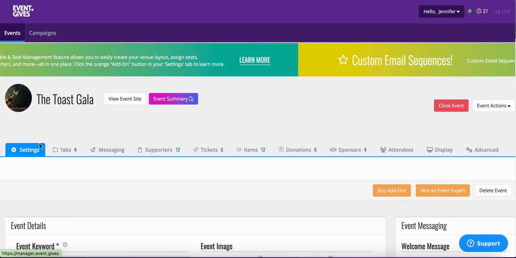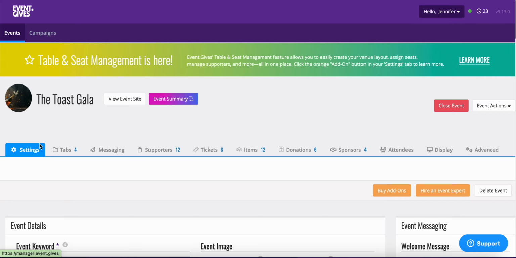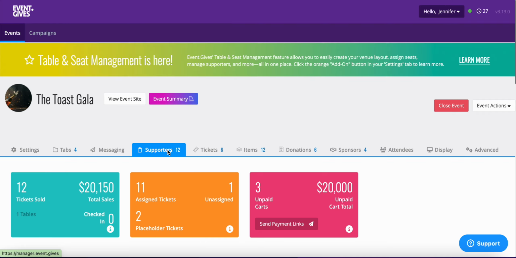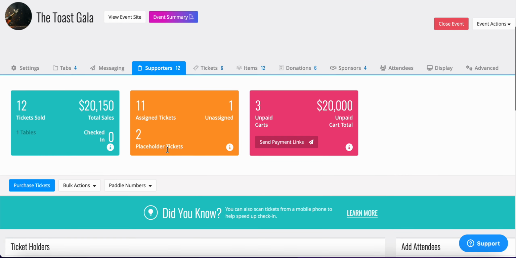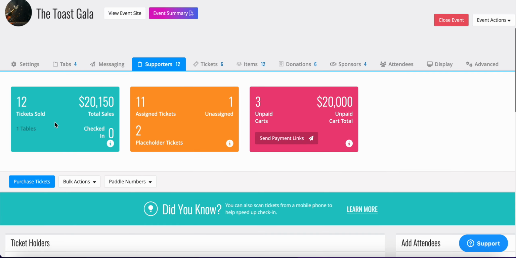To manage your supporters, your check-in, and your checkout, you'll first navigate to your supporters tab. From here, we'll walk through this tab, and you'll see at the very top here we have a summary of your supporters. So it has all of your tickets sold, the number of people checked in, and then the breakdown